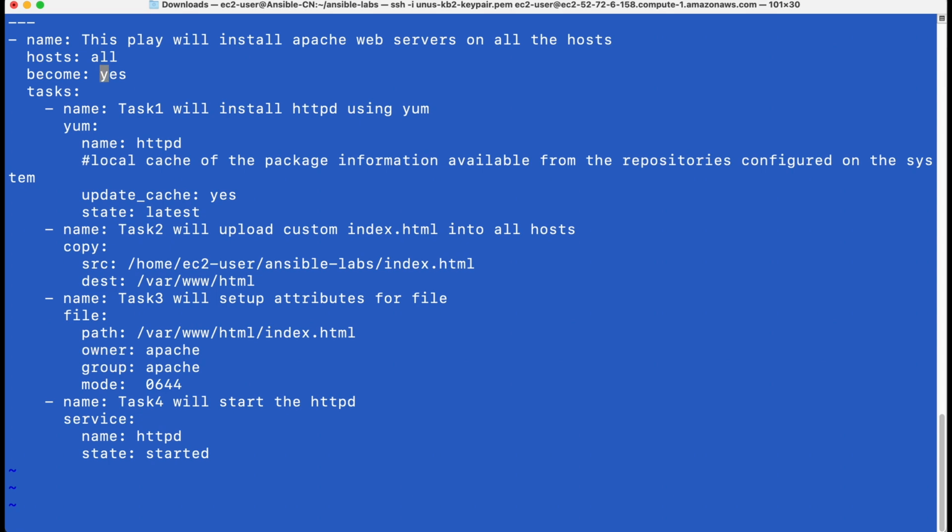Become: yes means you have to use superuser permissions. Tasks: the first task is yum name httpd, means you have to install httpd using yum, and state latest means you have to use the latest version, and you have to update the yum cache with the latest version of that when you download it from the internet. Then in task 2, you have to